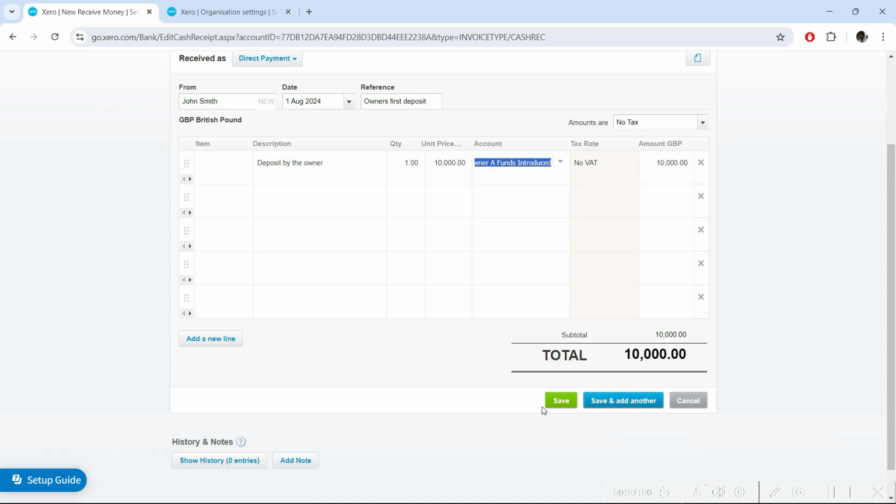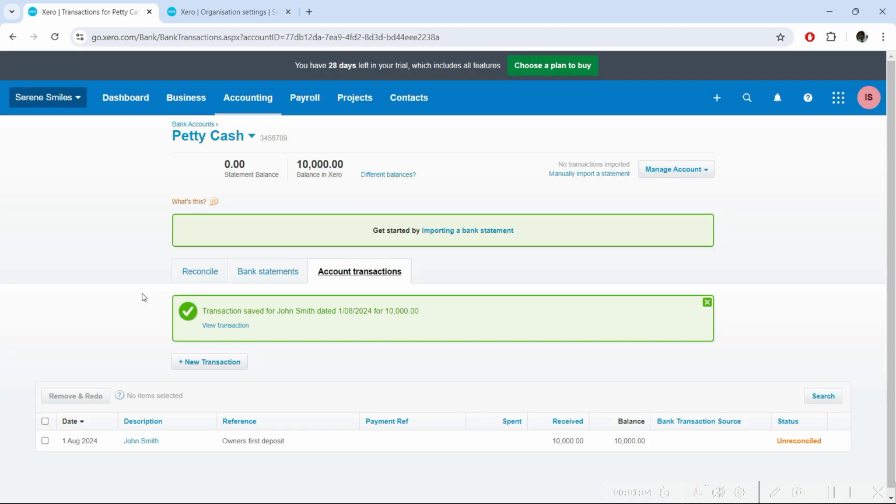And then finally I will click on save, and this transaction will be entered, and you can see the first transaction has been recorded. It is telling you that it is unreconciled right now. We haven't reconciled it with the bank. We will learn that in the upcoming lectures, how we reconcile, but we are not going there right now. Right now we only need to understand one thing, and that is the money has come into the business